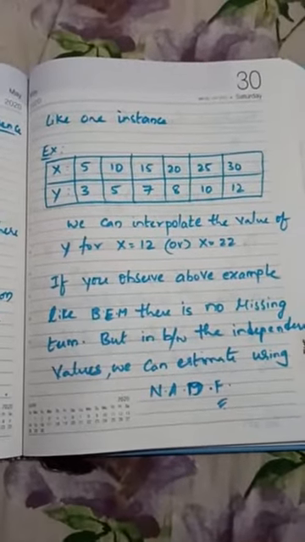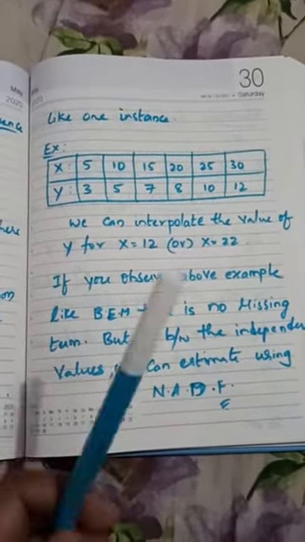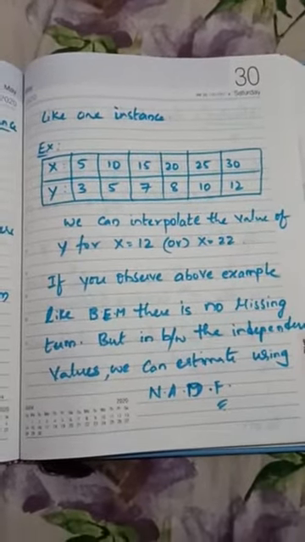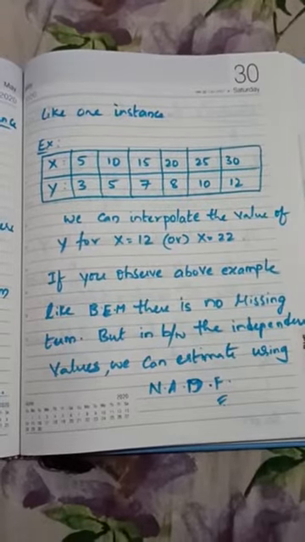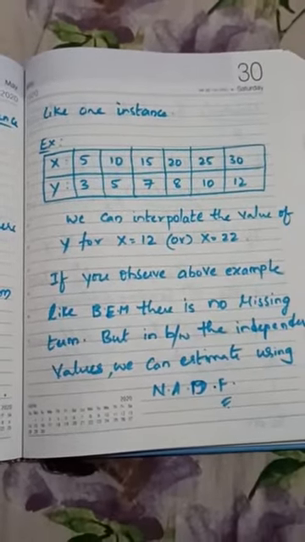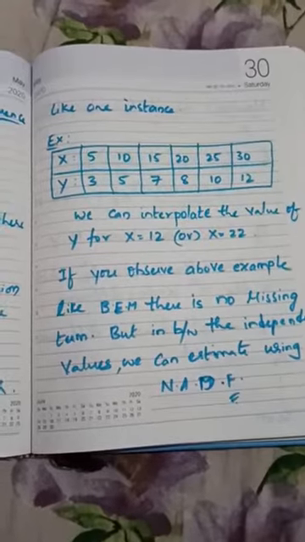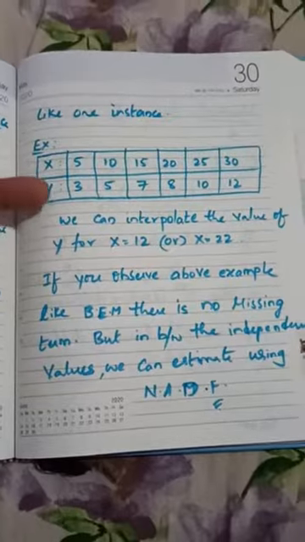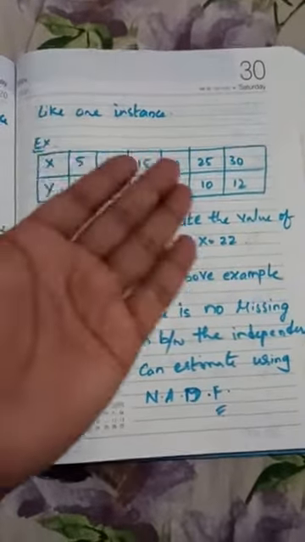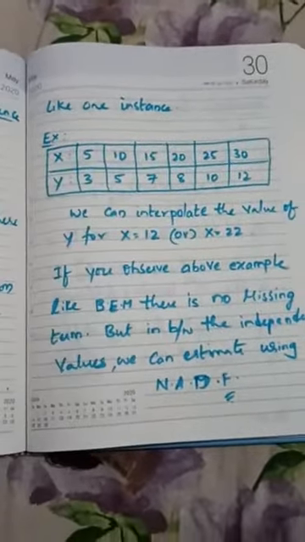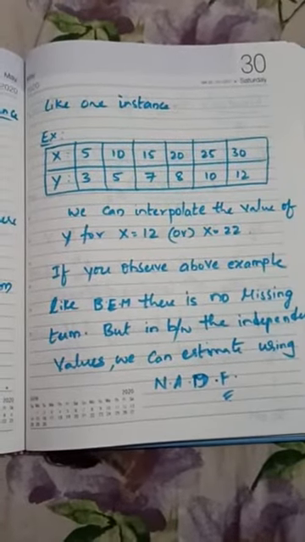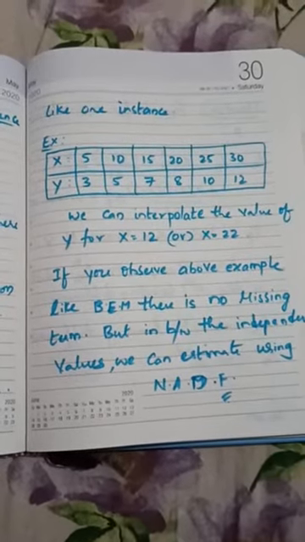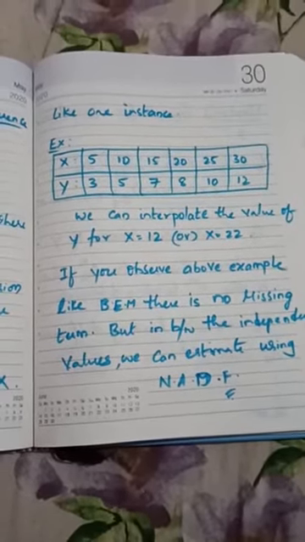So Newton's difference method is applied based on two conditions. Condition number 1, which is followed like binomial expansion: a common difference with equal intervals, and it should be in increasing order. And condition number 2: the value of x for which y is to be found need not be one of the given x values in the question. So x equals 12 is asked to be interpolated, but in the table 12 is nowhere to be seen, right? Nowhere can we see that.